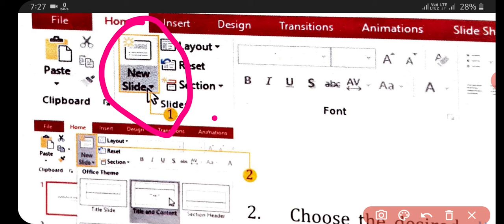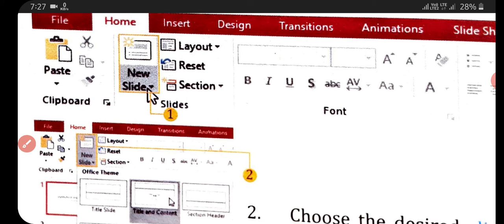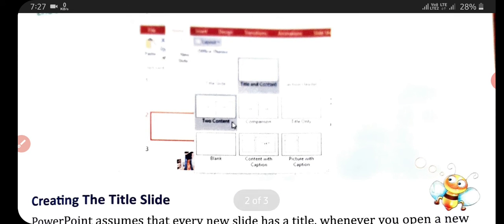Then you simply click any placeholder and begin typing to add text. You can also click an icon to add other types of content such as pictures or charts. So by this method you can insert a new slide.